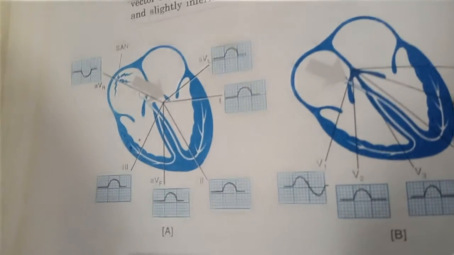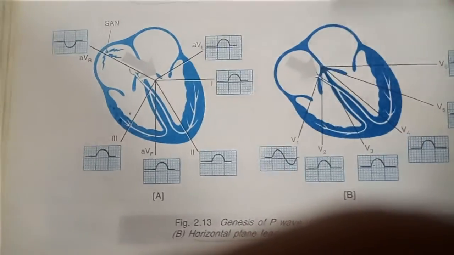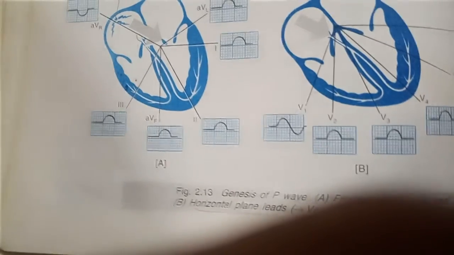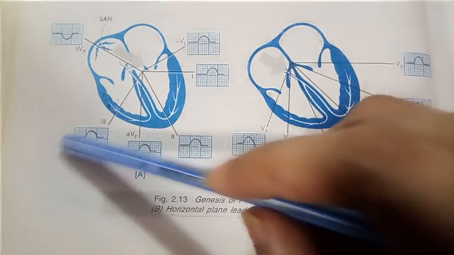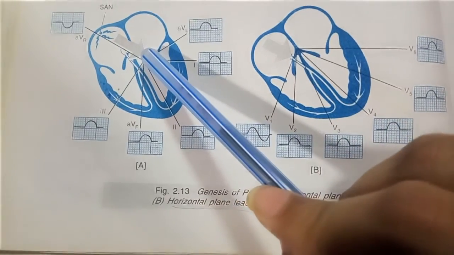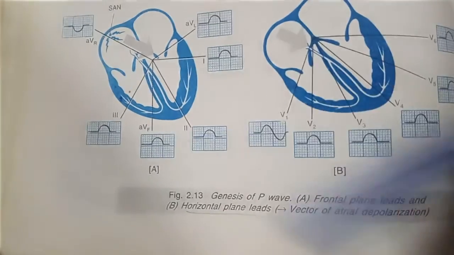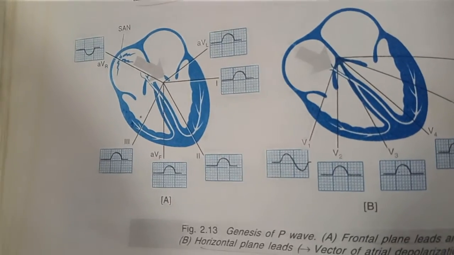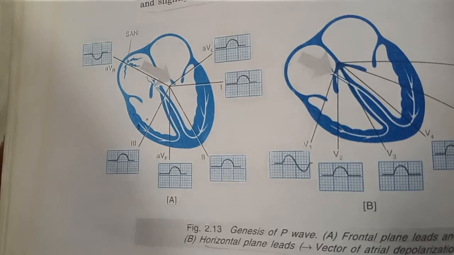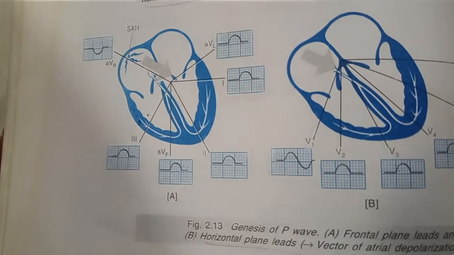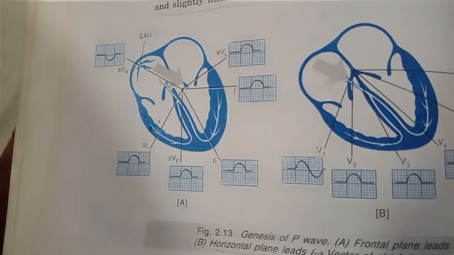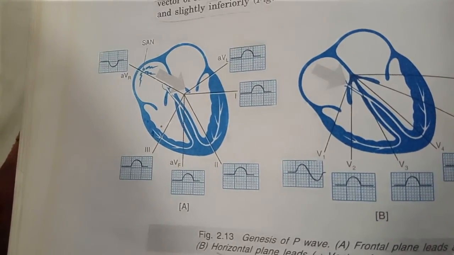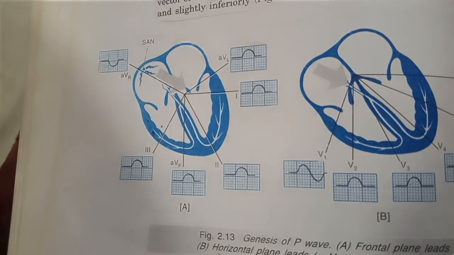We will see the orientation of the P wave on various leads. These are the frontal leads and these are the horizontal leads. The average SA depolarization goes along this direction, this gray arrow, that is right to left. Therefore you can see that left lateral leads and the inferior leads will record a positive deflection. AVR sees the electric current as moving away, so it records a negative deflection, and lead V1 lying over the right heart is oriented perpendicular to the direction of